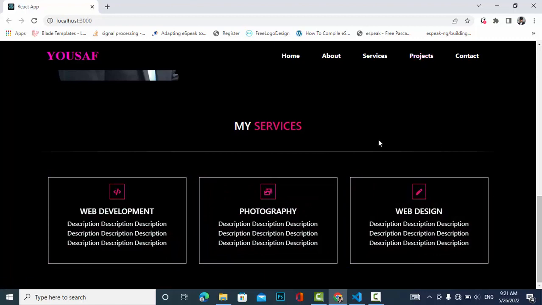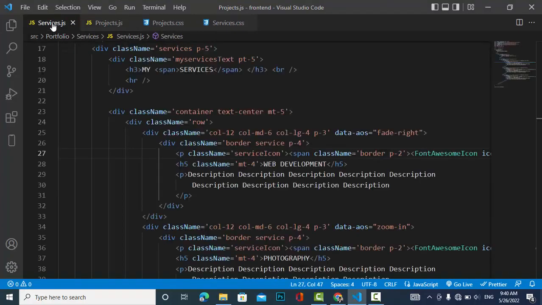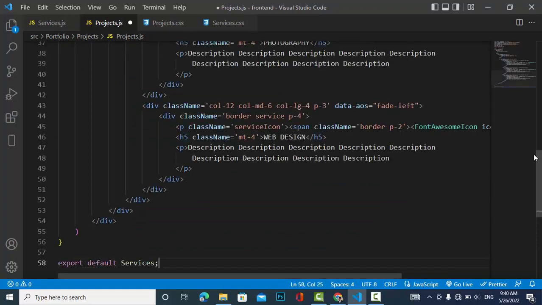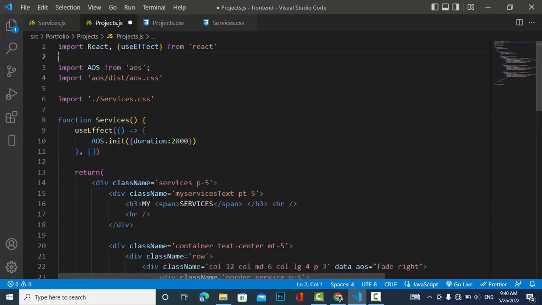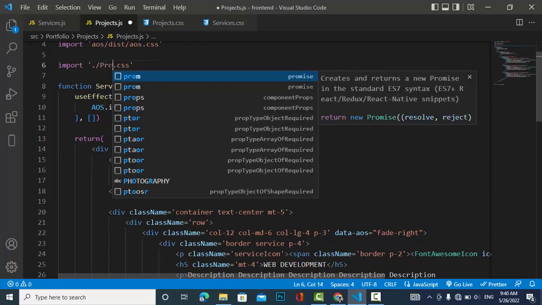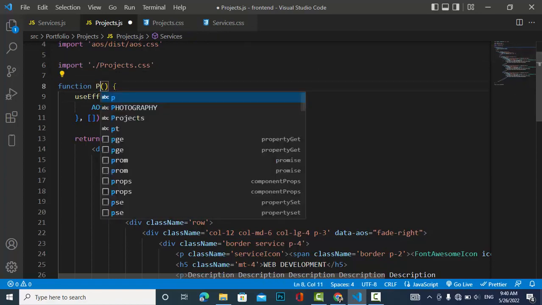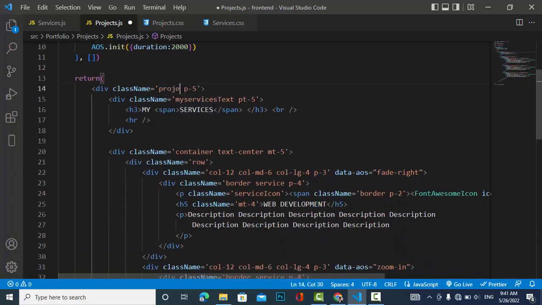So let's move to the project part. Yeah, let's write the code of projects part. So the project part is same to the services, just here also we have 3 boxes inline. So I will just, to save the time, I will copy this code and edit it for projects. Okay, so here we don't use the icons, and also it should be replaced on projects.css, and it also should be replaced on projects. Also it is projects with us, it is my projects